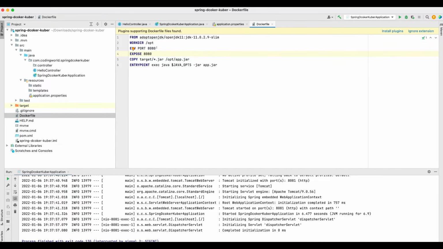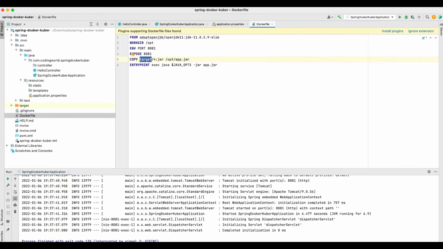Now this is our simple Dockerfile, where we are getting OpenJDK 11 and working in /opt as the root directory. Then we are providing 8080 as our service port and exposing the same. So within the container we are running our application on 8081 and the same we are exposing to the outside.